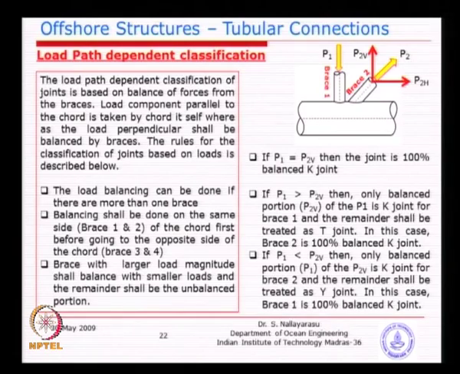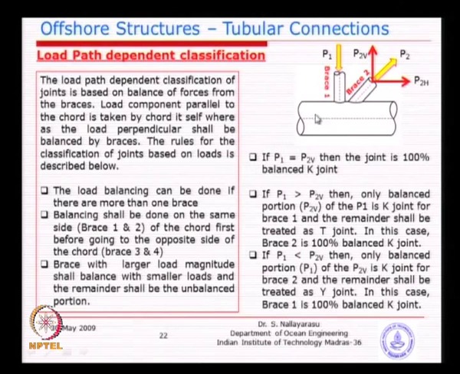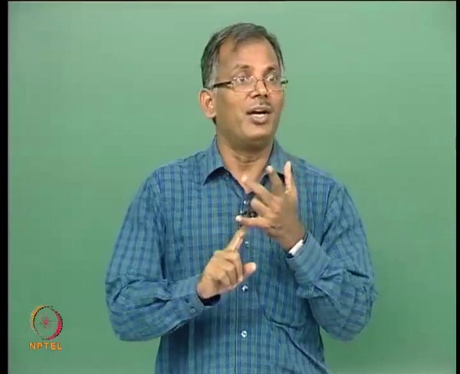You understand the idea, no? We simply split the problem into two different parts. Vice versa can also happen. You see here P1 is less than P2V. Automatically, whichever is satisfying that much portion is balanced, and the remainder portion is unbalanced. This is how the joints have to be classified depending on whether the loads are balanced or not balanced. We will have a few cases. If you have understood, fine; if you have not understood, then let us stop now, because you will have to classify a joint and design it yourself in the exam.